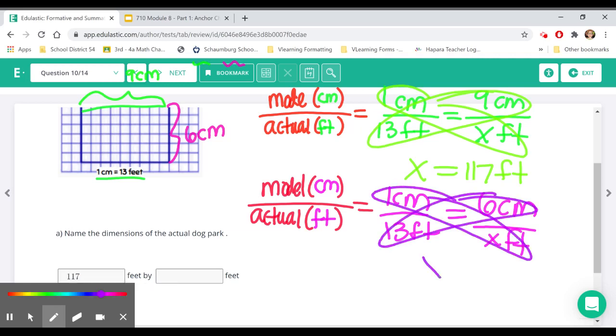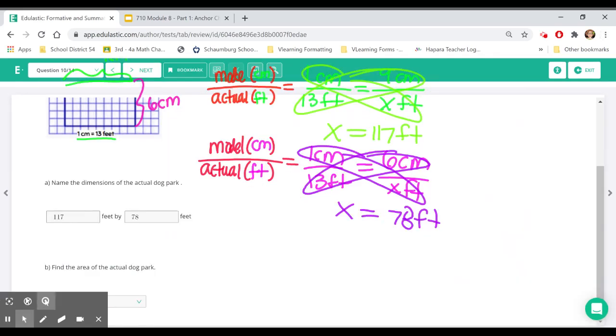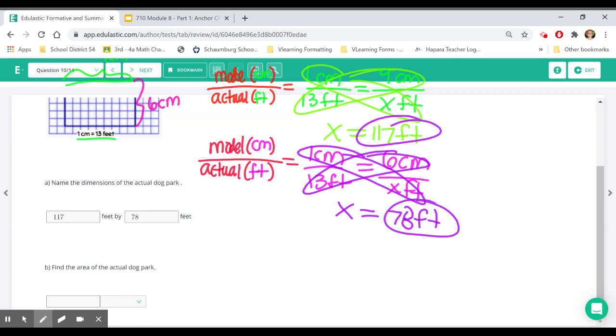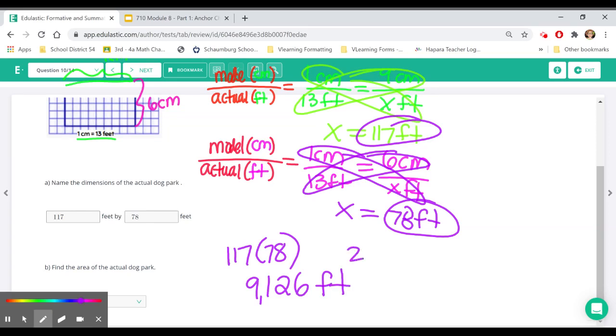Cross multiplication, we get 6 times 13, which is 78 feet. Now to find the area, looks like we're going to find the product of the length times the width, which is 9,126 feet squared. Now notice I can't really see all of the options here, so what I'm going to do